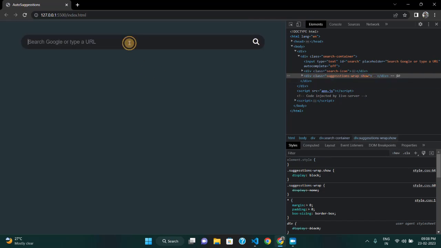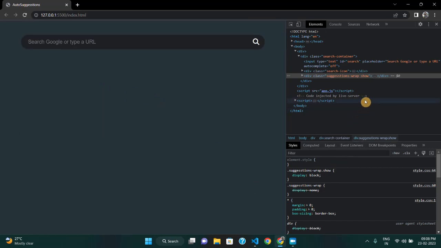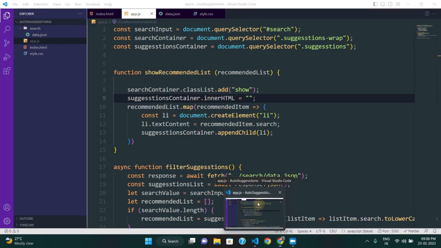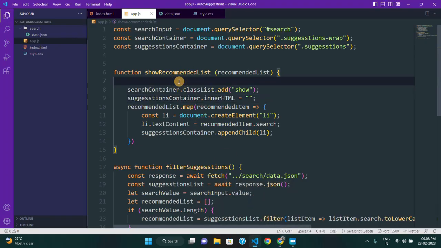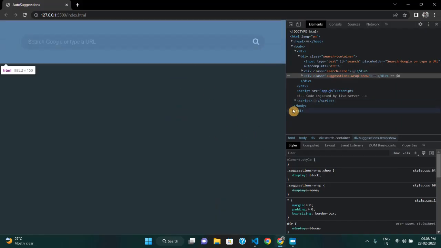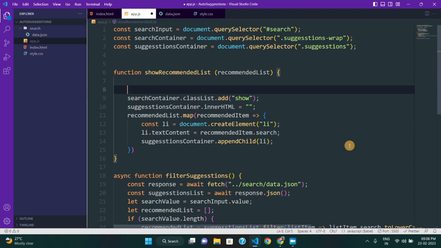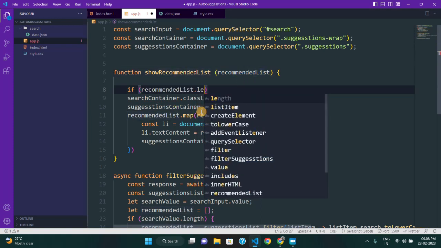Well, it is not causing any issue in this case, but we should not leave this bug here. We need to clean it even if it is not causing any issue. This is a bug and it might affect you if you are working on a large scale application. So let us clear this as well. For that, we are simply going to check whether this input element is empty or not, and then based on that, we are going to clear. So here we are going to say if the recommended list dot length,